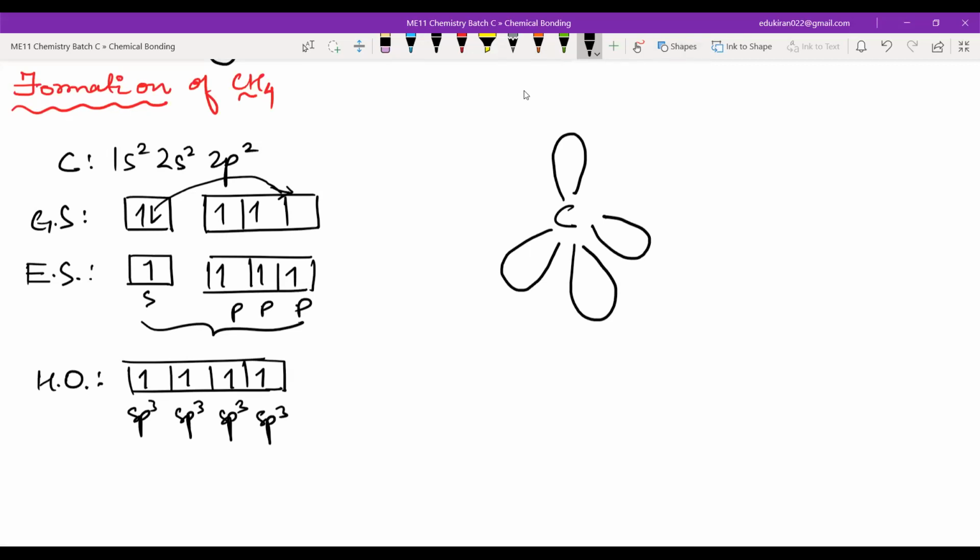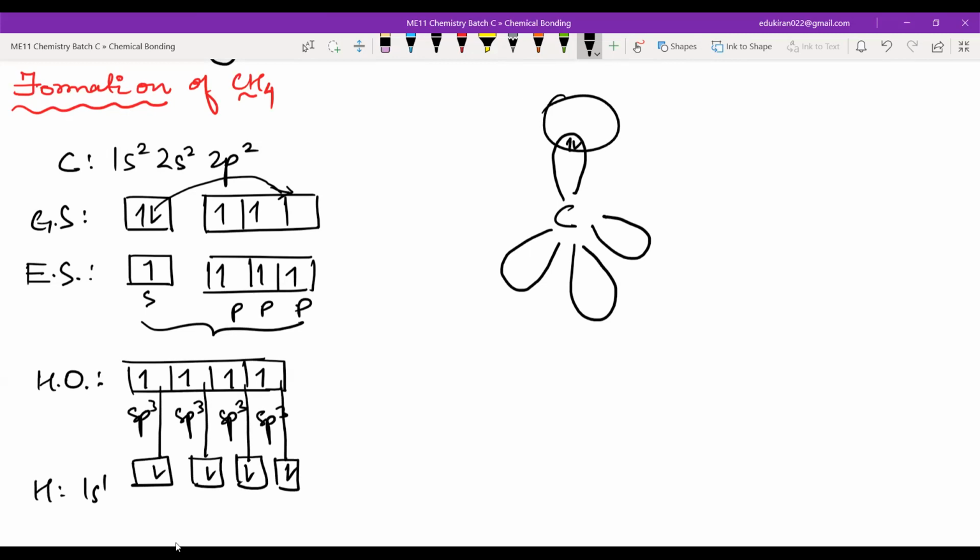And in hydrogen, what do we have? Hydrogen has 1s1, correct? So there are 4 hydrogens. All of them will be having 1 electron each. Let us give it the opposite sign, because according to valence bond theory, this will be bonding with these. So this is the bond that is taking place. We have hydrogens, and these are the bonding electrons. Here we have hydrogen with its bonding electrons. So this is the bond.